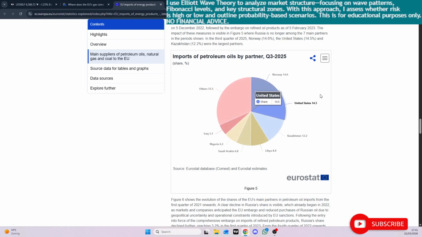So here you can see there is indeed Saudi Arabia. I think this is in percentage points. Yep, 6.8. Iraq is here, and then others. It sucks that they don't show the countries in here, but it has to be the Middle East as well. And then Iran and the other Gulf states. You can see it's more significant here, but not more than 50%. You can increase Nigeria, you can increase US, you can increase Norway.